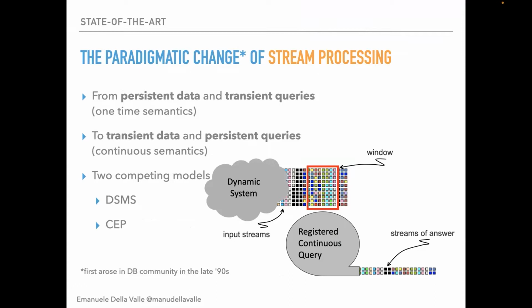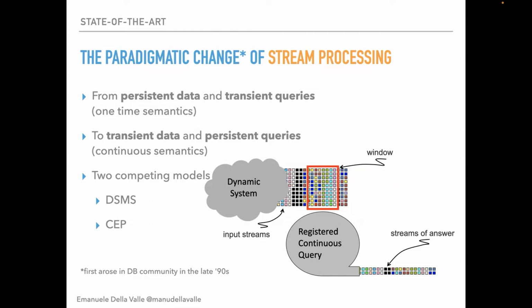You are observing those data through sensors or through connections to them. If this dynamic system is the social media world, those streams are queries that you register into the social media systems. But as you will see during the remainder of the tutorial, there might be also other ways to collect the data. The stream goes into a so-called window that is the logical abstraction that allows the registered query that you have down into the bottom part of the image to somehow look into the flow of data, capture a finite part,